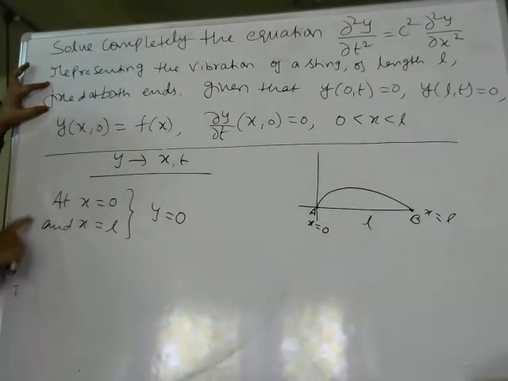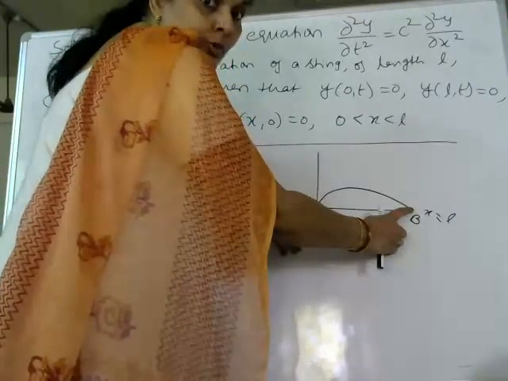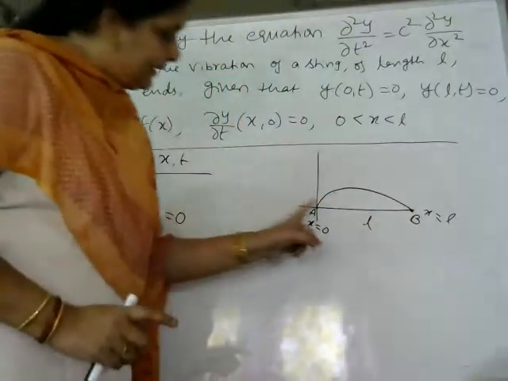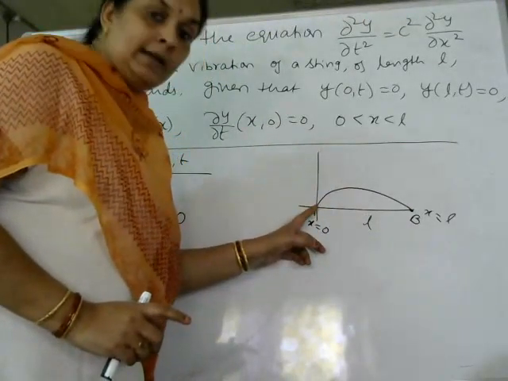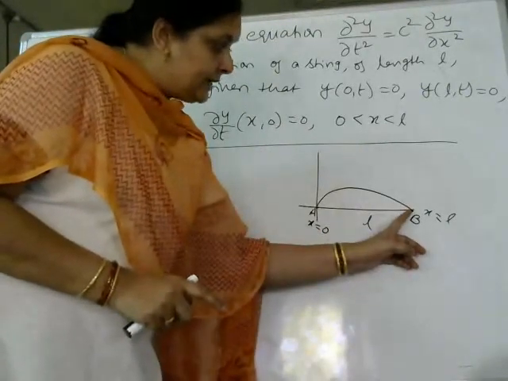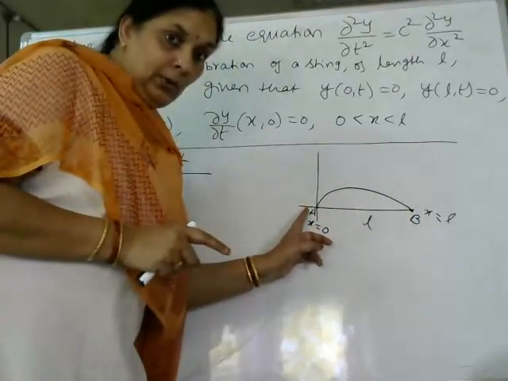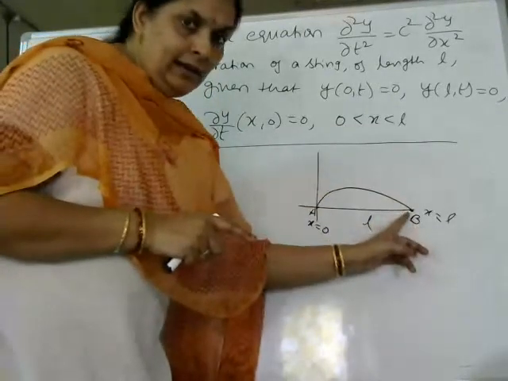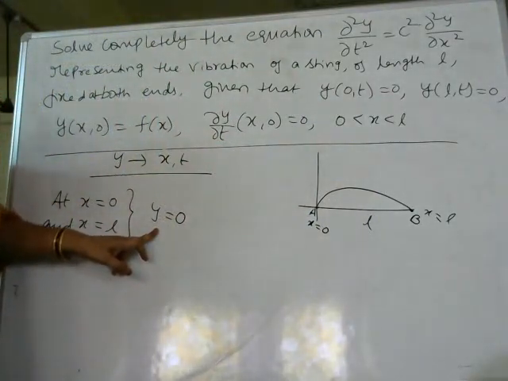I hope you understood. Fixed at both ends. I'll repeat once again. Fixed at both ends means the string is fixed at these 2 points. Fixed at these 2 points means it is not having any displacement at these 2 points. Meaning is that the string is not having any displacement at x equal to 0, which is the point A. Similarly, the string is not having any displacement at the other end, x is equal to L, which is the point B. So, at x is equal to 0, as well as at x is equal to L, displacement is equal to 0, meaning is that y is equal to 0. That is the condition we have for these two.